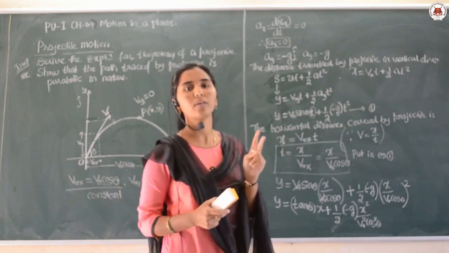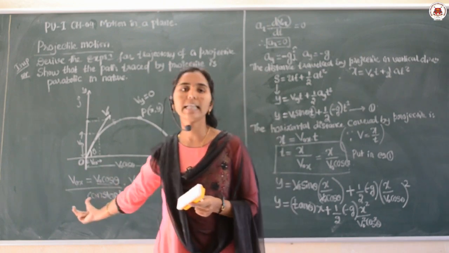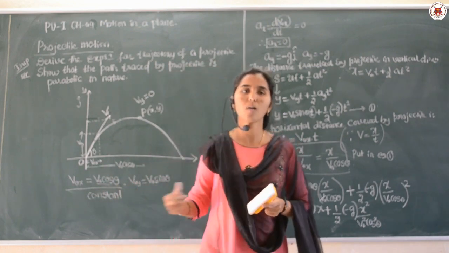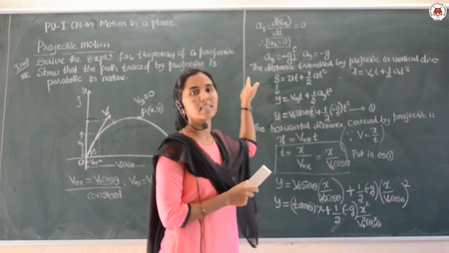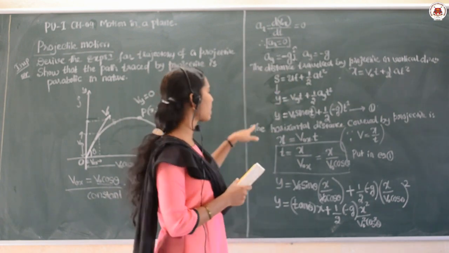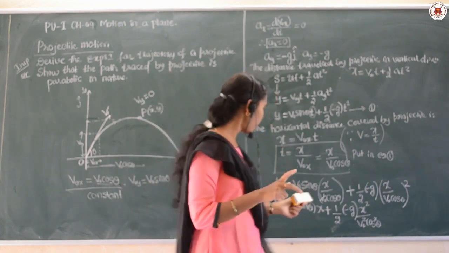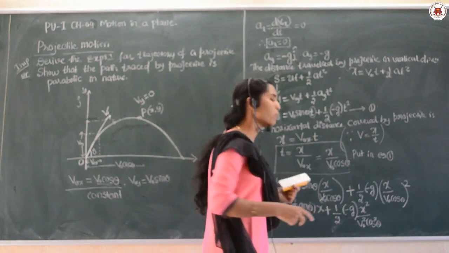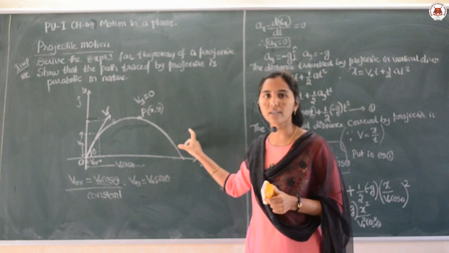Two steps are important here. So the first one is taking the initial horizontal and vertical component of velocity, and the next one is taking the distance traveled in the vertical direction and in the horizontal direction. Okay, so I hope understood. We will write this formula again. Before that, let us glance the expression first.